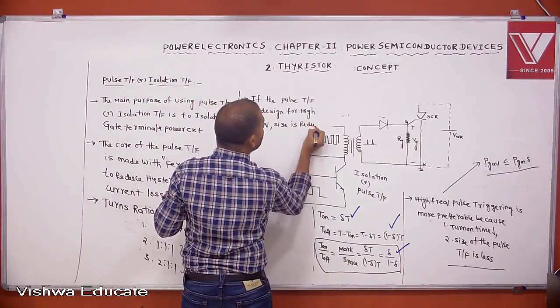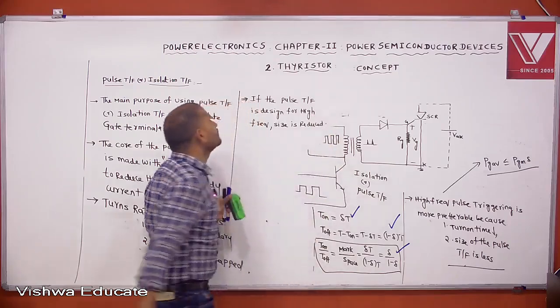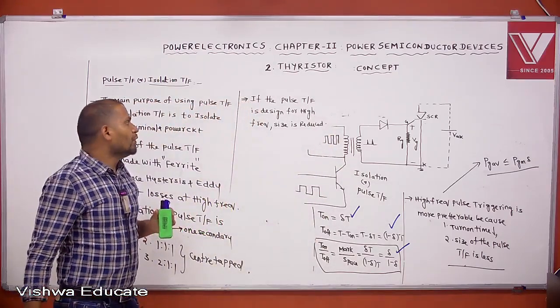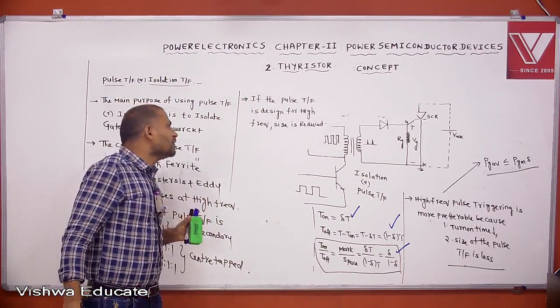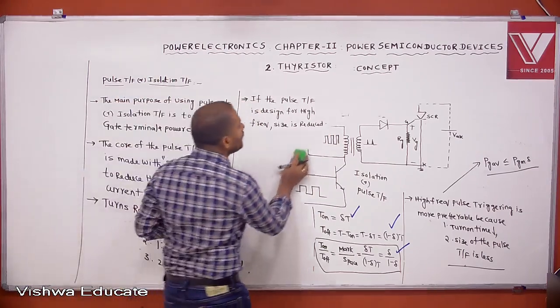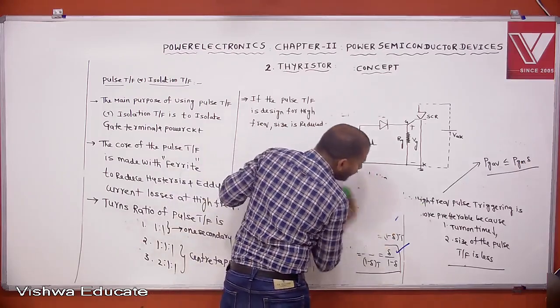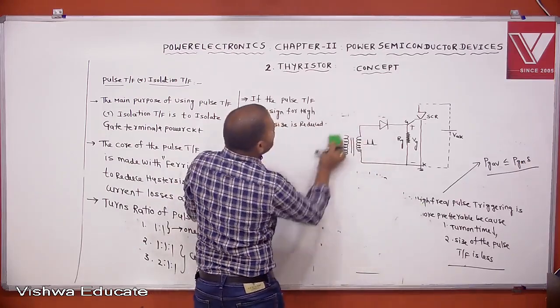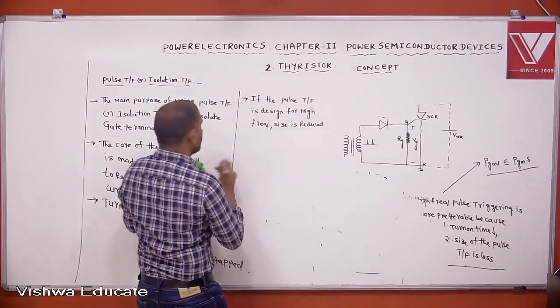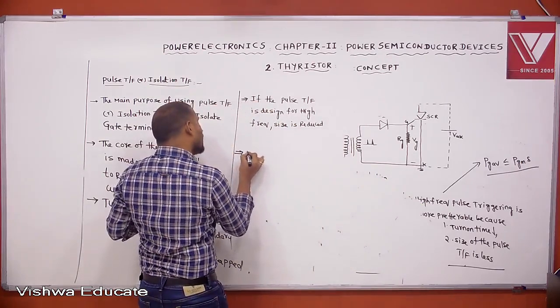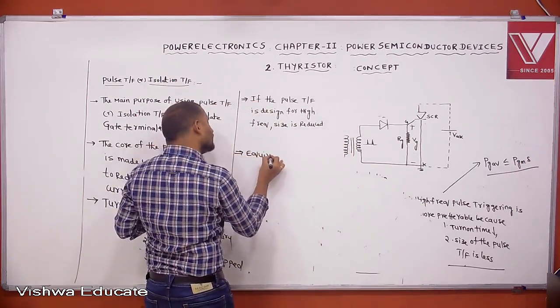The size of the pulse transformer is reduced. If you use the transformer at high frequency, the size of the pulse transformer is reduced. Clear? Now, if you draw the equivalent circuit of pulse transformer, the equivalent circuit is given by